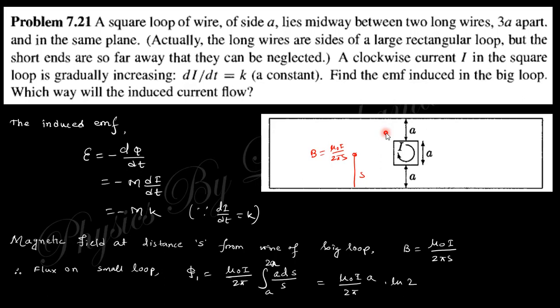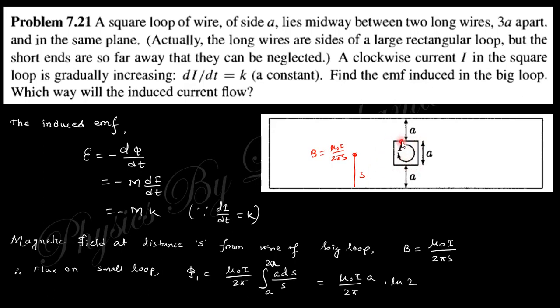Previously we just proved that the mutual inductance, or the flux due to the small loop in the big one, is equal to the reverse one. That actually helps to answer this question.